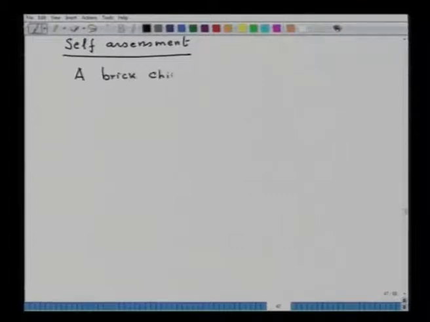So I give you one problem for self-assessment. Try and see that you can do it. The problem is a brick chimney. A brick chimney, 3.5 meter inside diameter, let us say it is round, and 45 meter high,